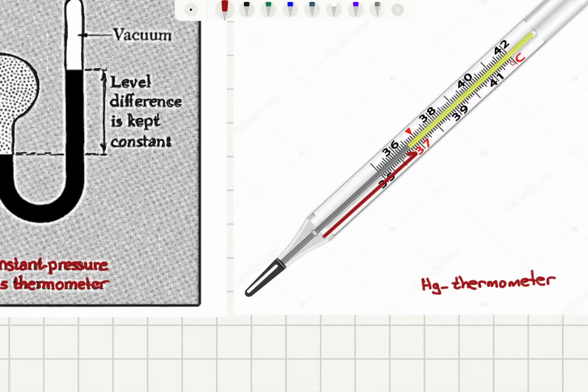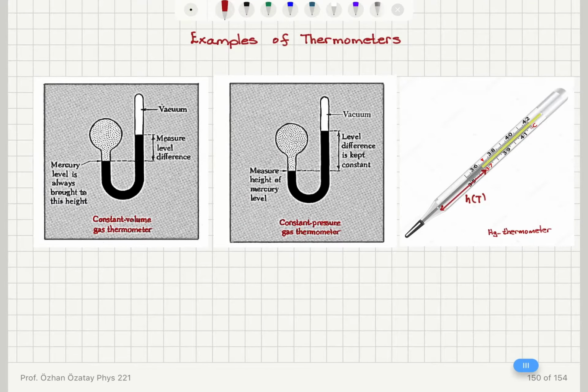So we have the height of the column varying as a function of temperature. So theta, the thermometric parameter, is the height of the column,